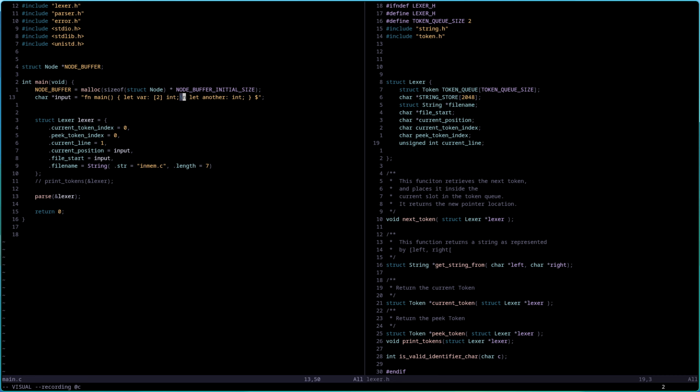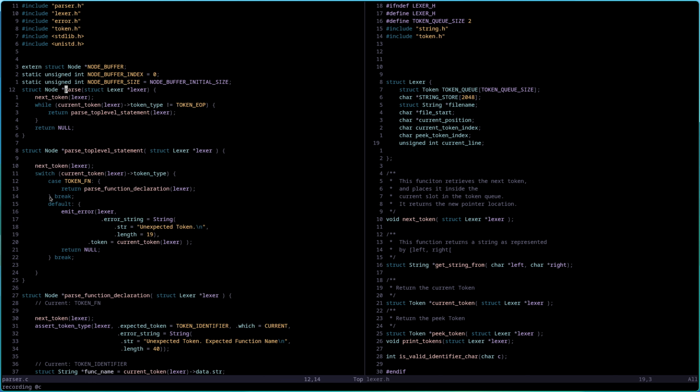I know that error handling and error messages are part of the compiler, but sometimes you just want to compile it. So anyway, the lexer and the parser are kind of intertwined, just like last time. So if we go into the parser file, this is the parser. You can see this is the first function I call, and it just calls, like in assembly, next token.